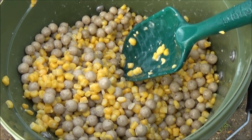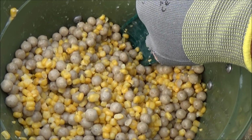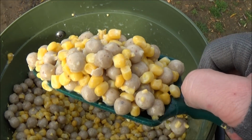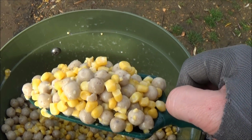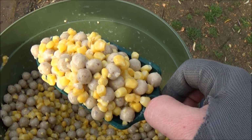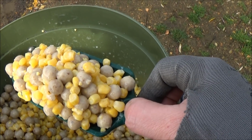Right, gang, I'm just about to spod out a bit of bait, and I've got probably the simplest spod mix you can ever have. Simply just some 12mm boilies and corn. Nothing complicated about that mix. The only thing I'd done with the boilies for about 48 hours before this session started is that I've been